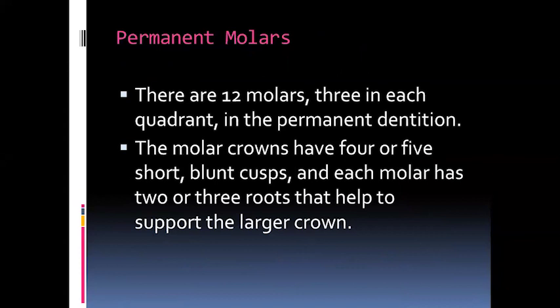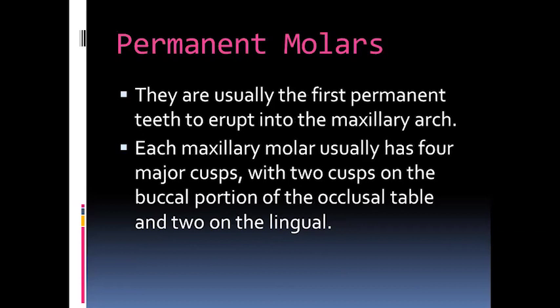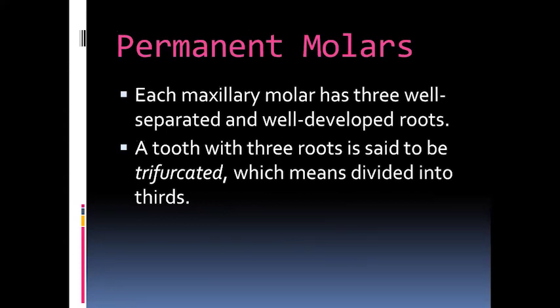In the permanent dentition, the molar crowns have 4 or 5 short, blunt cusps, and each molar has 2 or 3 roots that support the larger crown. They are usually the first permanent teeth to erupt into the maxillary arch. Each maxillary molar usually has 4 major cusps, with 2 cusps on the buccal portion and 2 on the lingual. Each maxillary molar has 3 well-separated and